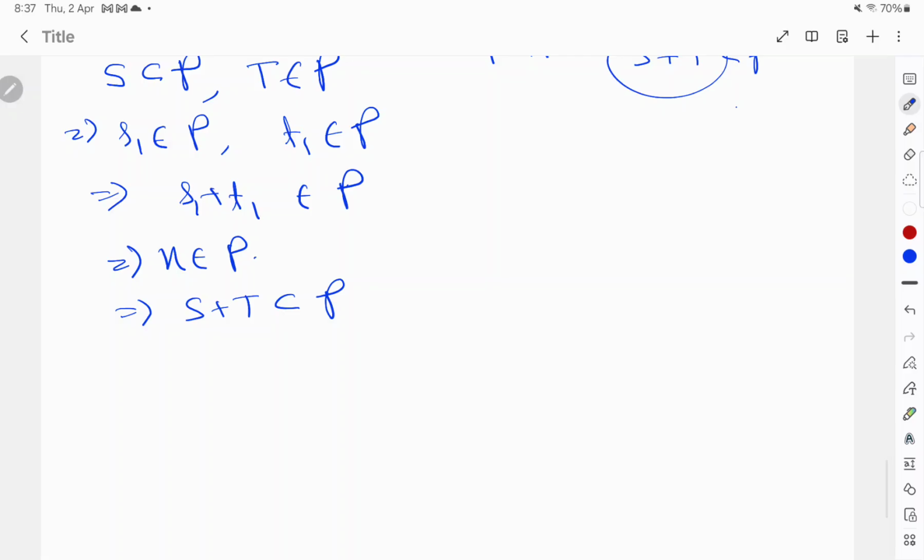So you have considered any ideal P that contains S and T. So this proves that S plus T is the smallest. Okay, this proves that